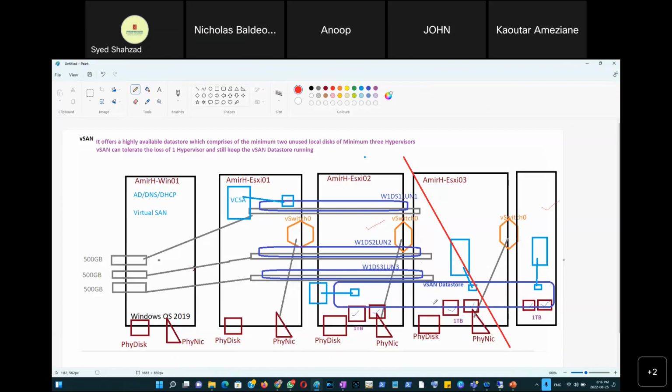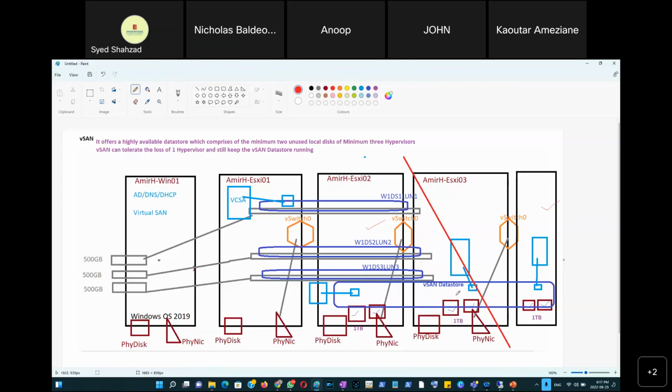So the vSAN data store will still keep on working. Only that particular space will not be available for the duration of the